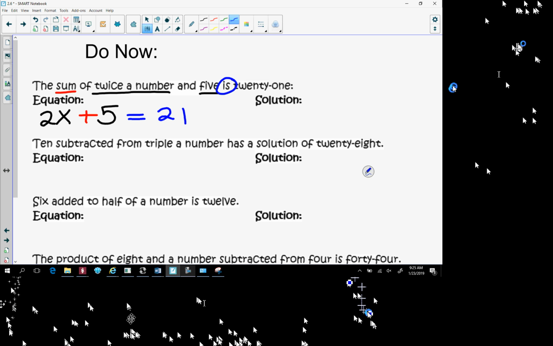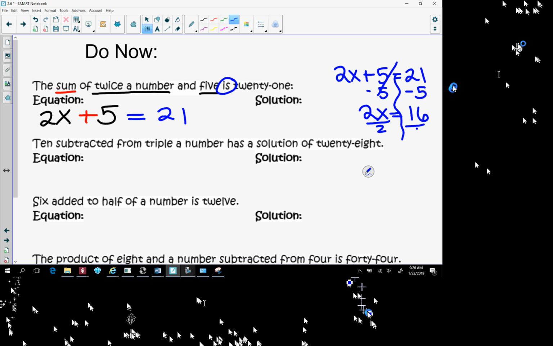So we're just reading it, and as we read it, you're writing the equation. Then they want me to solve it. So this is what we've been doing with the equations for the last couple days. I want to get X by itself. What do I need to do first to get that annoying constant friend away? Subtract 5 from both sides. Beautiful. And when you do that, you end up getting 2X equals 16. Then what do